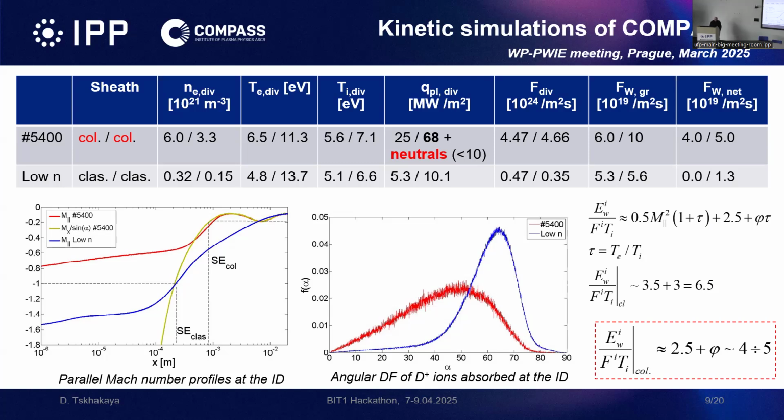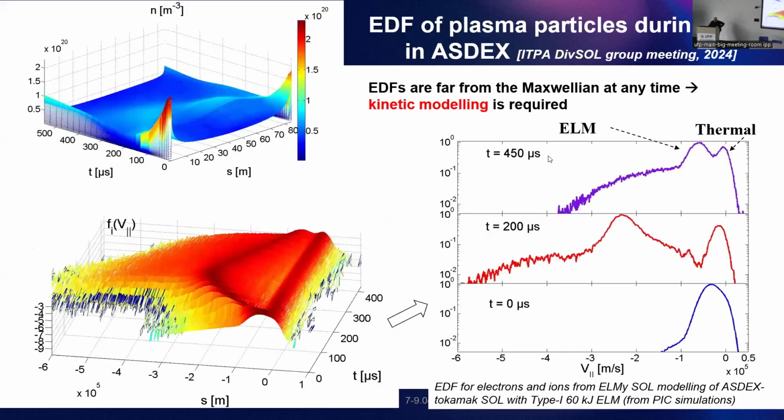And all our existing codes, any fusion codes, assume sonic plasma at the sheaths, which is not the case. It appears to be not the case for the high density next generation machines. So this was also obtained by BIT1, and maybe it is one of the examples of time dependent simulations. Actually, the Ljubljana team usually simulates blobs. We simulate ELMs, so ELMs and blobs are some